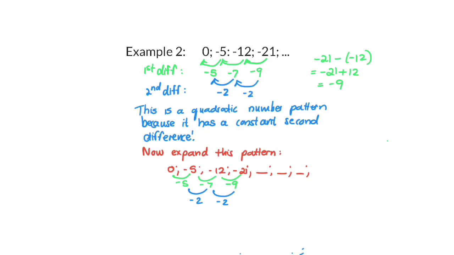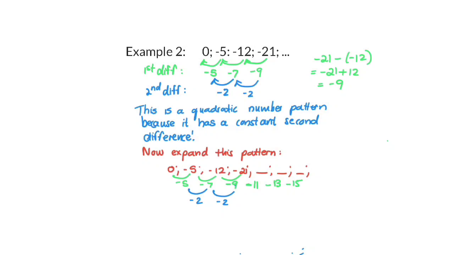Now we're going to try and expand this pattern. We want the next 3 terms. To do that, we look at the sequence or the pattern of first differences, and we complete the pattern for the next 3 terms. So we had a negative 9, so the next ones would be negative 11, and negative 13, and negative 15. Okay, because this pattern is decreasing, we know it will carry on decreasing